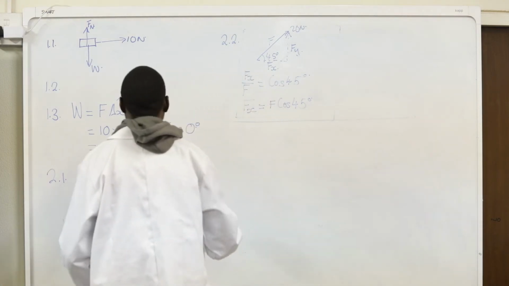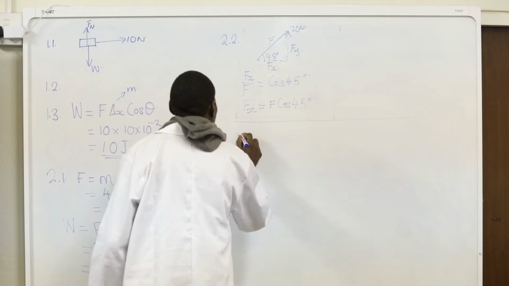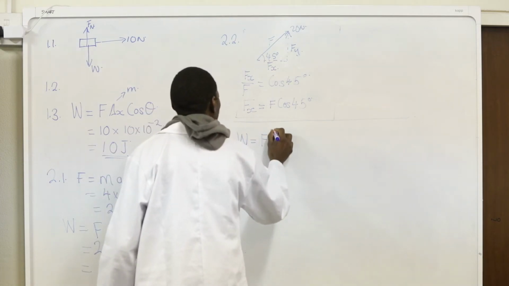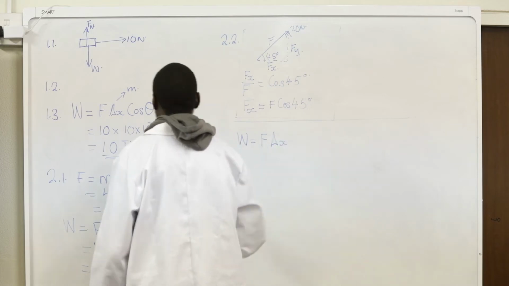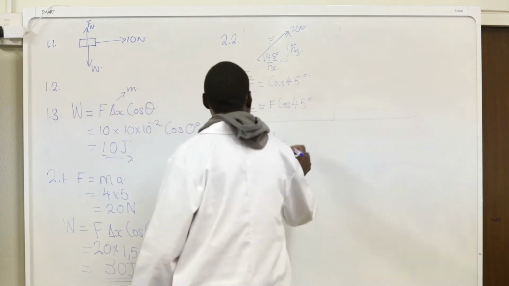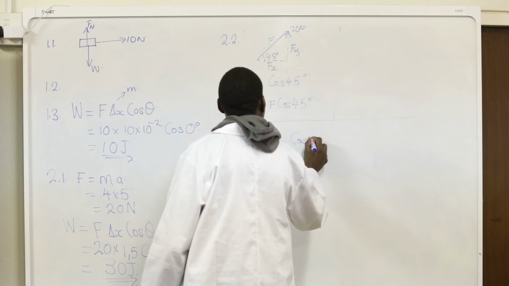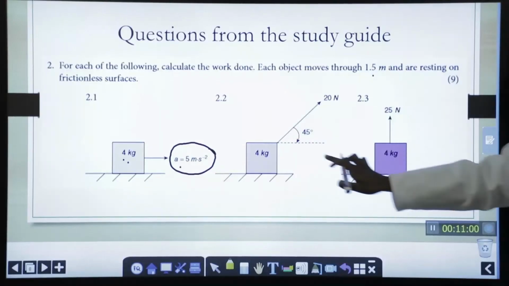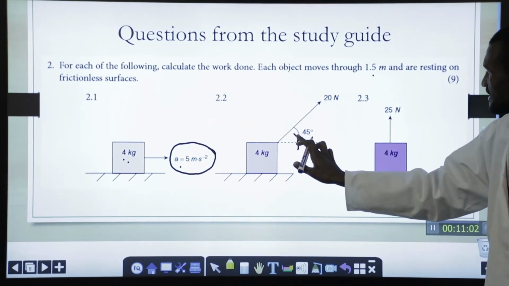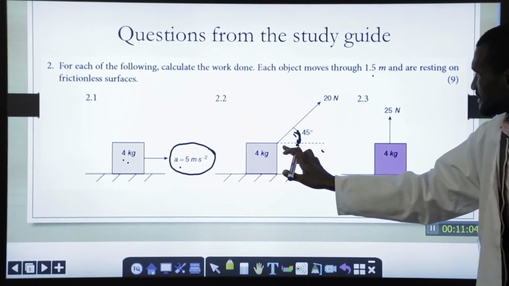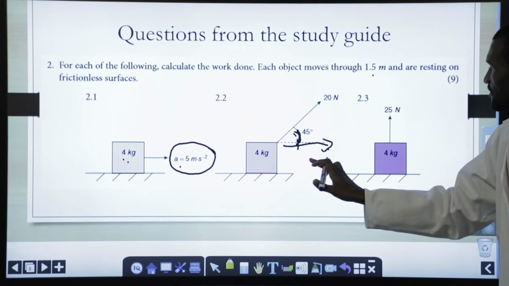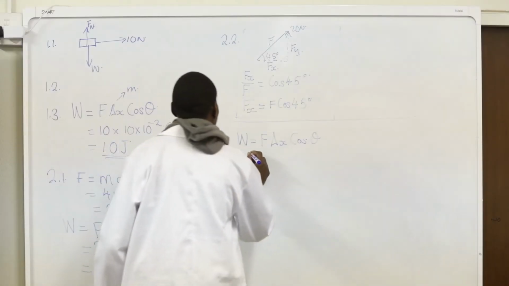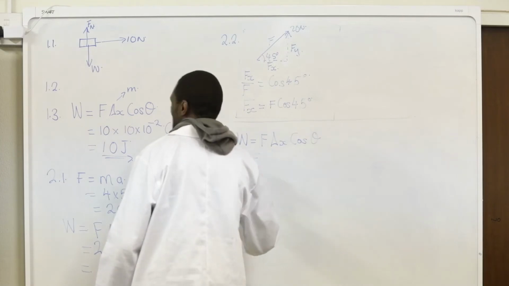In other words, when we are calculating work done and given a force, we multiply the force by the change in x times the cos of the angle between change in x and the force. The change in x here is in that direction. The angle between change in x and the force is 45. So we are going to say simply